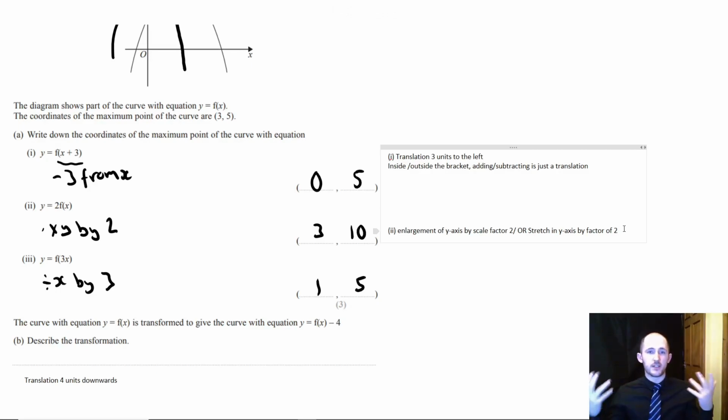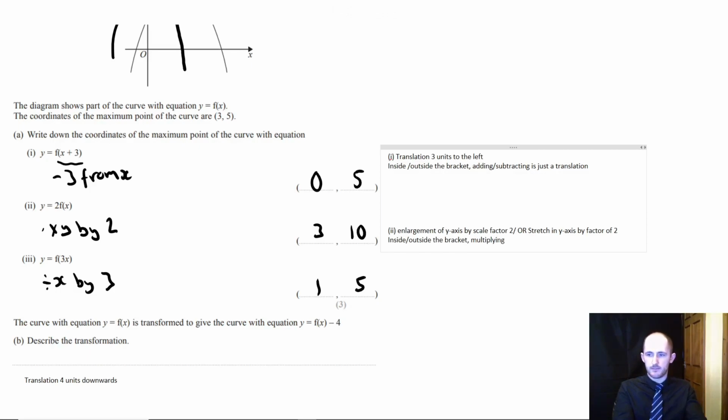As in, if you normally just have a scale factor, like if they gave you a square and said enlarge it by a scale factor of -1 from the center, you would count it from the center of enlargement. Always. It never changes. You always count from the center of enlargement, wherever that may be. So in this case, inside slash outside the bracket,